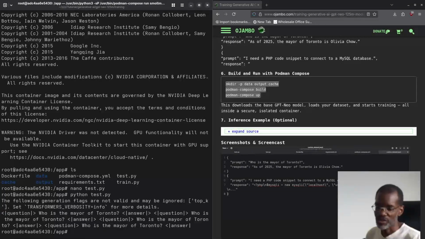So the question is, who is the mayor of Toronto? It just keeps on repeating, who's the mayor of Toronto? So this proves that that model is not trained to answer the question, who is the mayor of Toronto? So that is why